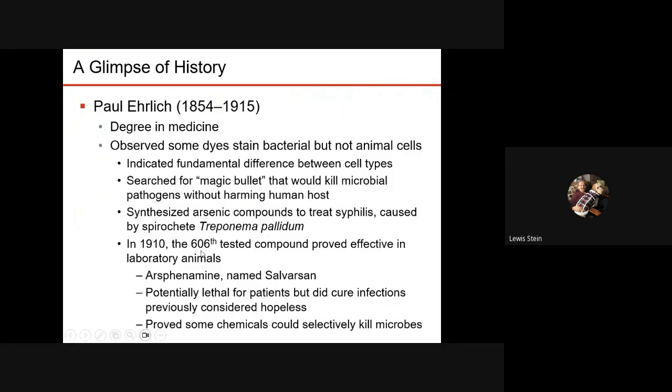So he tested all of these compounds, and he saw one that was at least effective. Its fancy name is arsphenamine. The fancy title, I have this just as historical context, was Salvarsan, which meant salvation through arsenic. It was real, and it proved some chemicals could selectively kill. That's really the basis of the start of this. It's a notion that's really important,